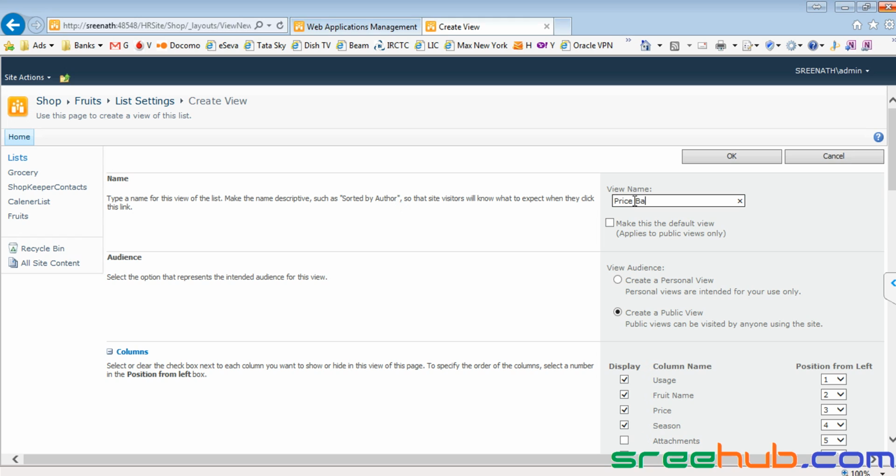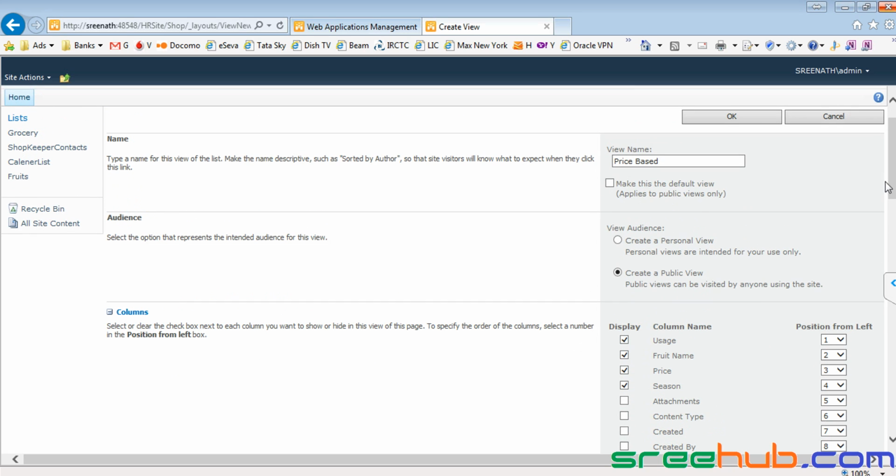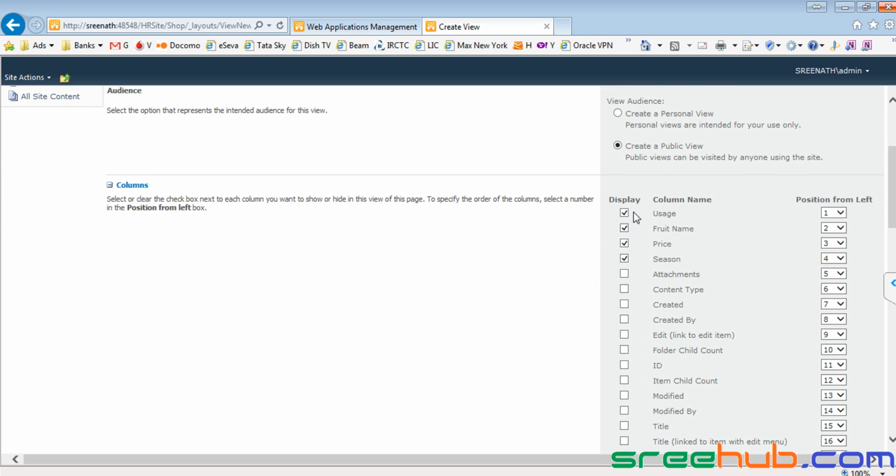I'll leave everything else as it is. Whenever I say price based, it means in this list I don't want to see what season it is, but I just want to see the fruit name and price.